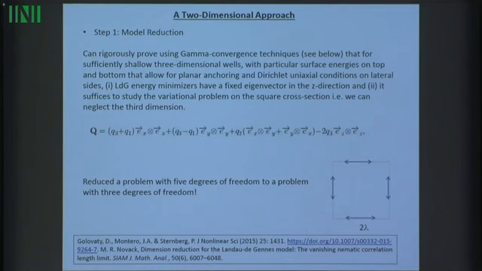So in the first instance, we are going to be working in the thin film limit, which is where we assume that the thickness, the height of the box, is actually very small compared to the cross-sectional dimensions. Then we are quoting a result from Montero, Golovati, Sternberg, and later there's been more work by Novak, in which at least they rigorously prove using gamma convergence that in this thin film limit and for Dirichlet boundary conditions on the lateral surfaces,